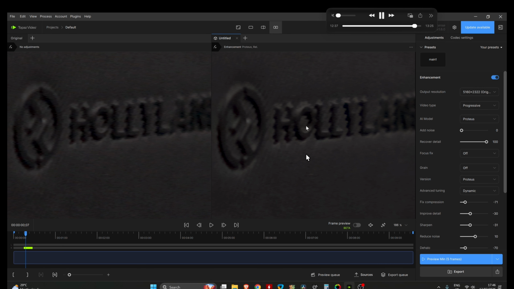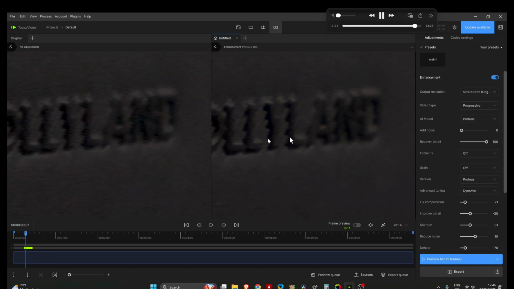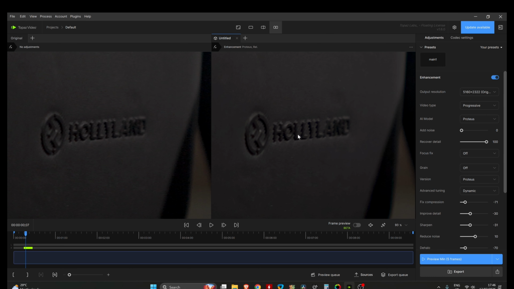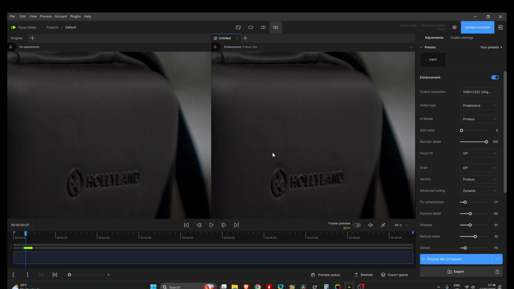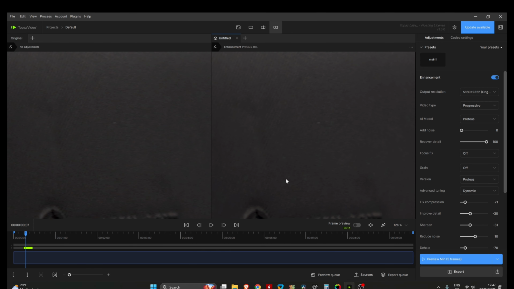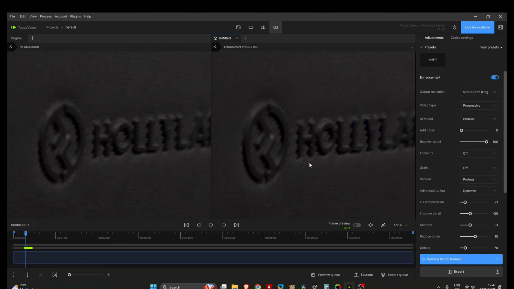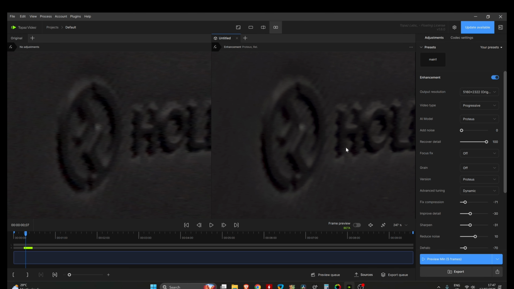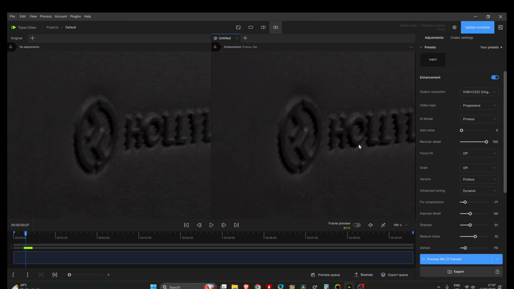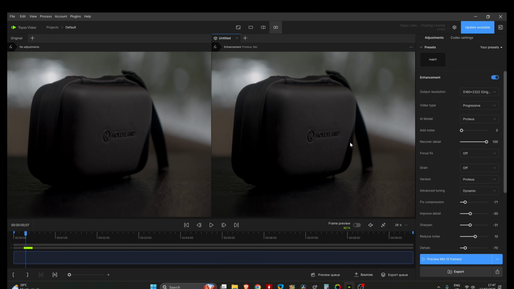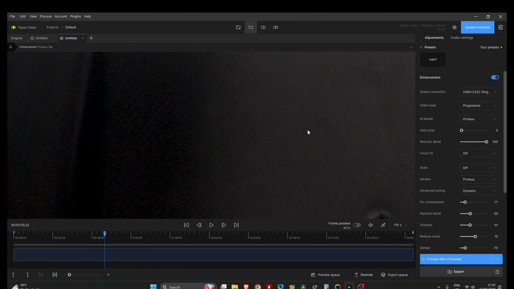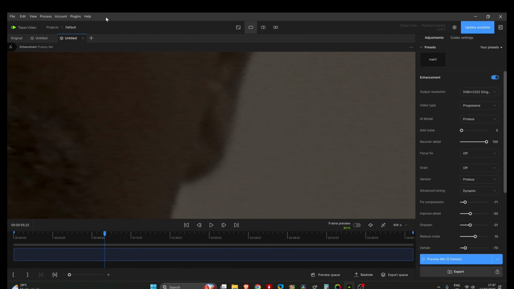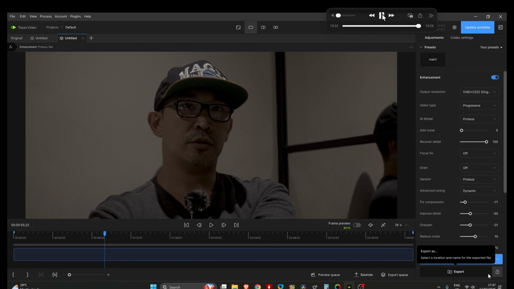The only issue with Topaz that I see is that it is only capable of delivering ProRes 422 HQ, which is 10-bit and which is basically with a larger compression. So there's a way to export the footage in 12-bit. So when it ingests any kind of format, in this case, this is ProRes 422, right? So in our case, I will just pause it here and come back to